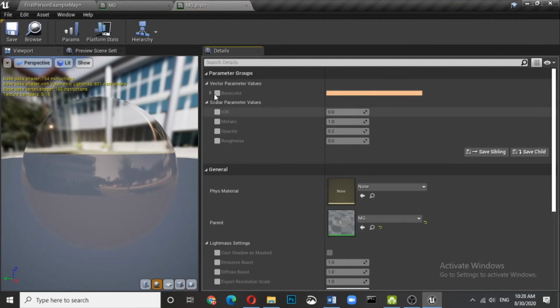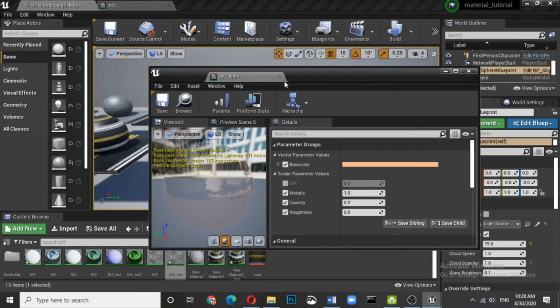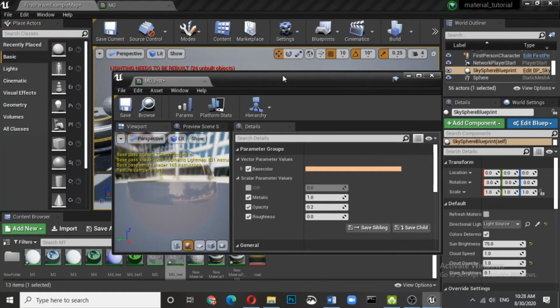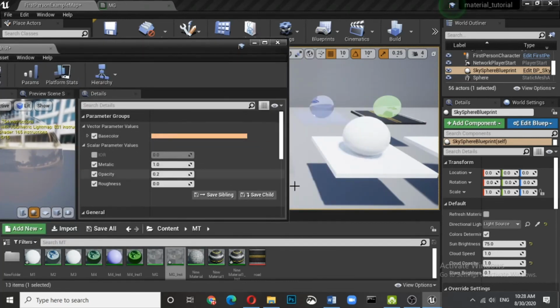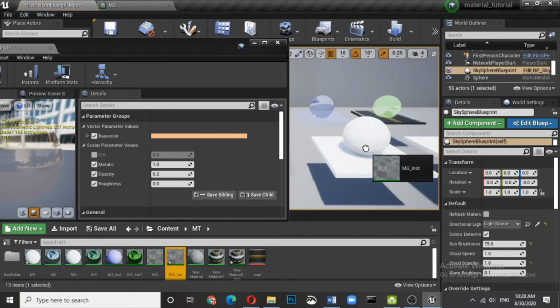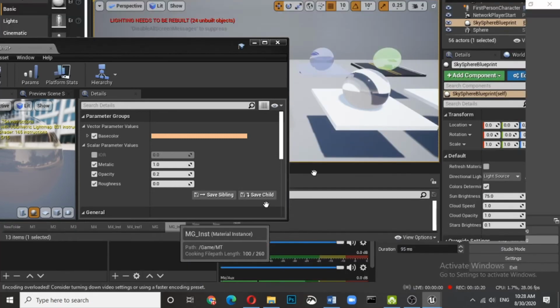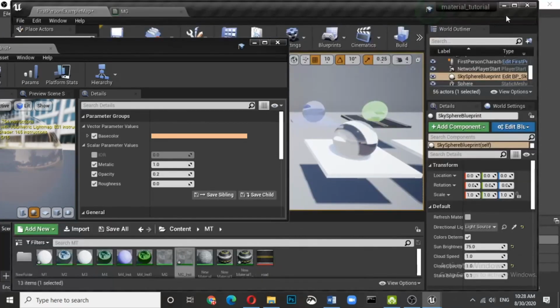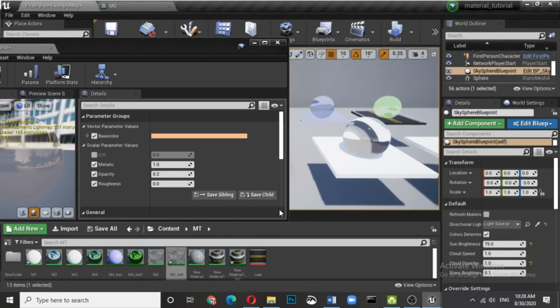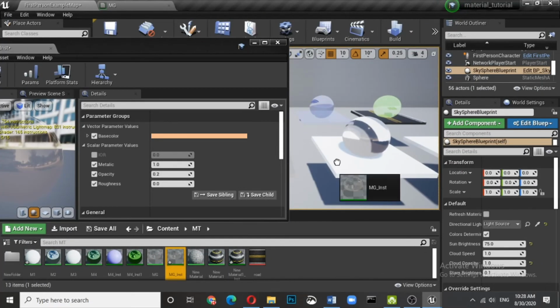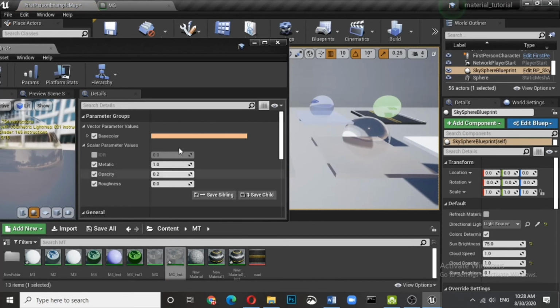So just select all these and apply it onto this material.